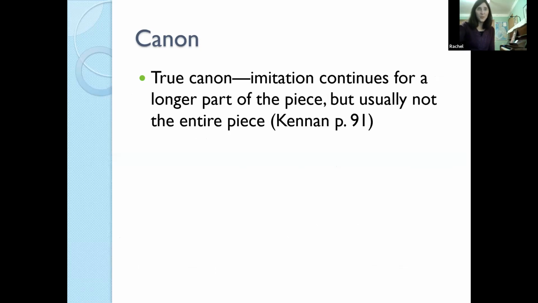So we can have a true canon. This is where the imitation continues for a longer part of the piece, okay? I'm going to actually assign you, after this class, a reading from Huysenstam, which is another online resource, another counterpoint textbook, some worksheets. We've done some of Huysenstam's worksheets. He has a chapter that talks about canons, but actually he starts off by talking about imitation, and the ideas go together. Okay, so I thought it would be helpful if you could also read some more about imitation.